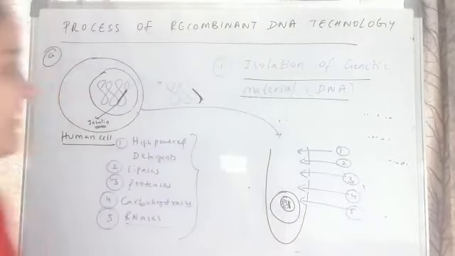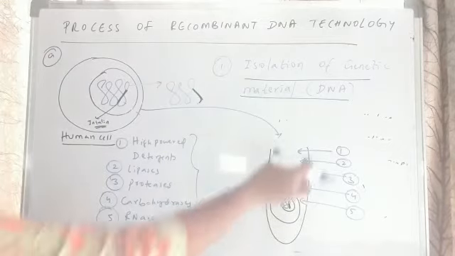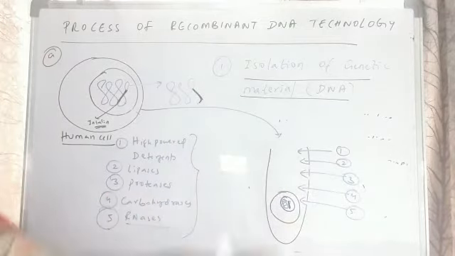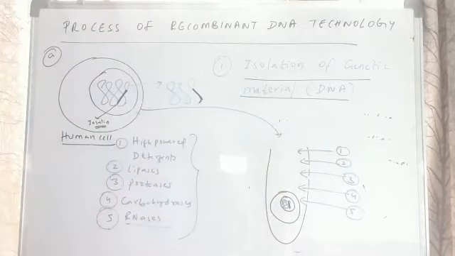RNases. So I am not adding DNases because DNases will be completely breaking the DNA. So except DNases I will be adding all this material which I have mentioned here.